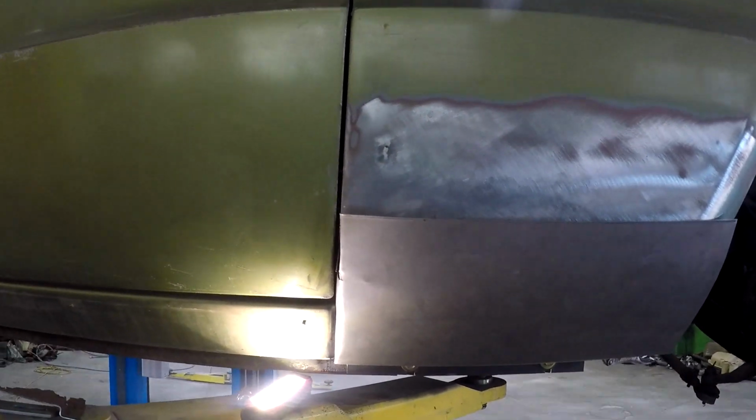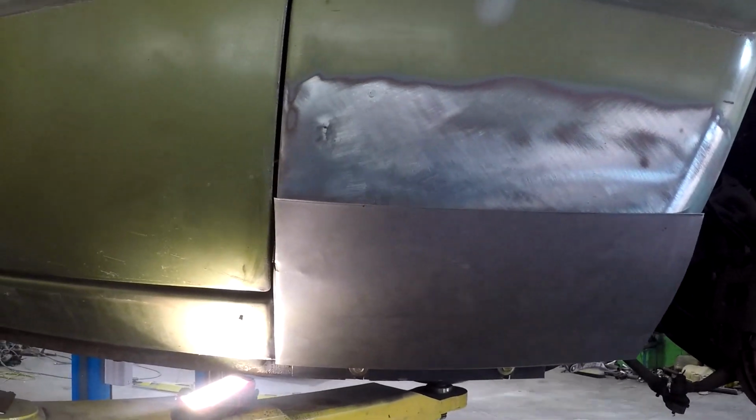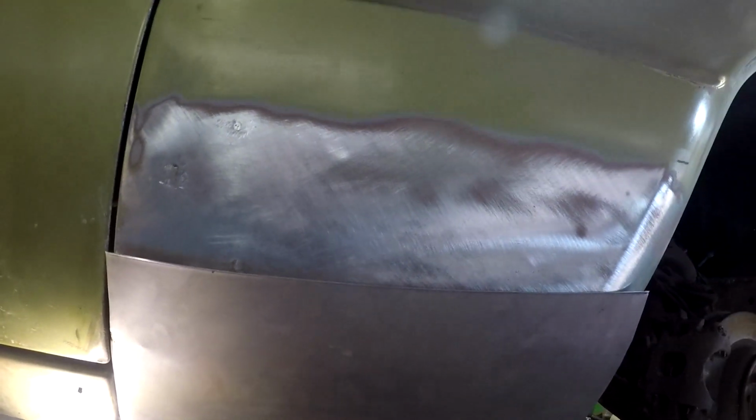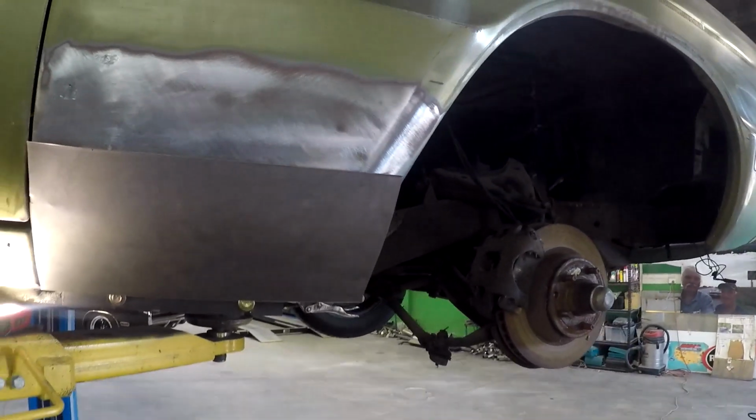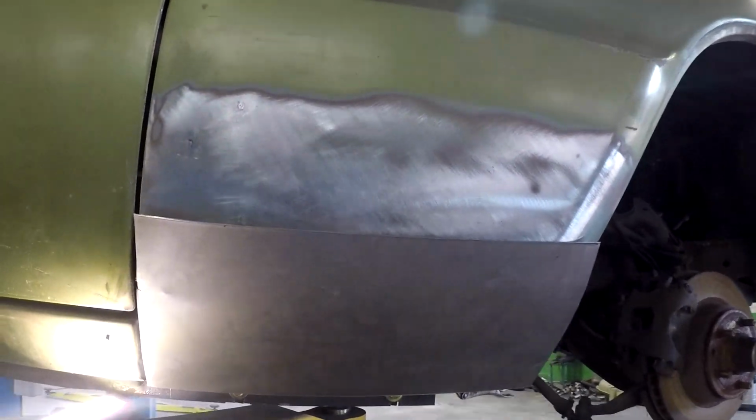So just try and give you an idea how I slowly rough things in. People always ask me, how do I cut it to shape and all that? So what I try to do is sneak up on it slowly. So this is just roughly in position. I mean, it's amazing standing back already how much better it looks, just because there's not a big rusty gaping hole. So what I'll do is